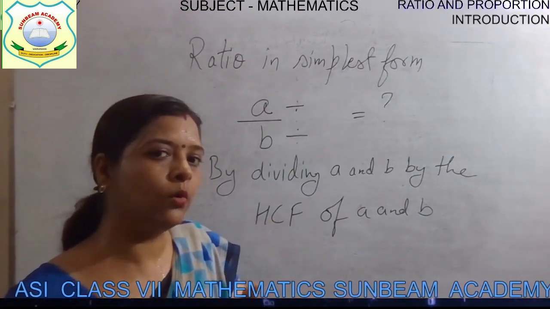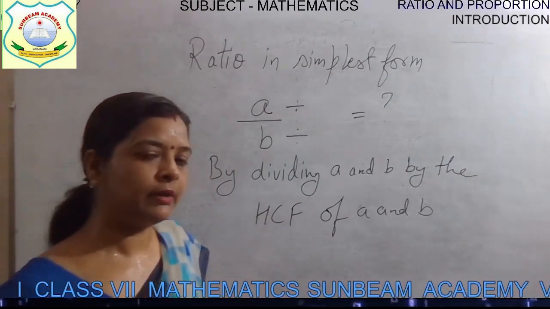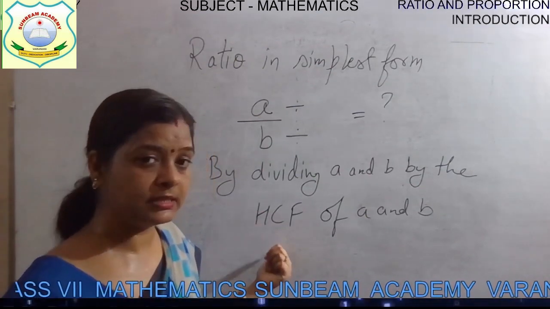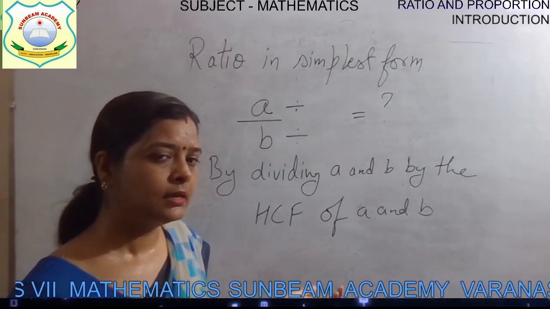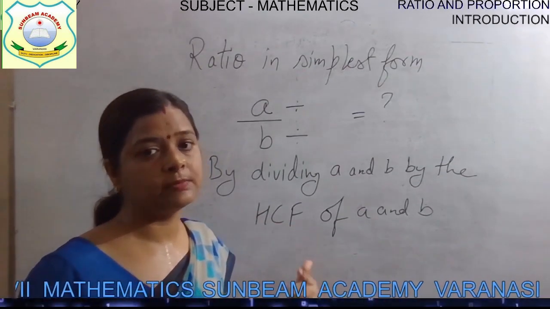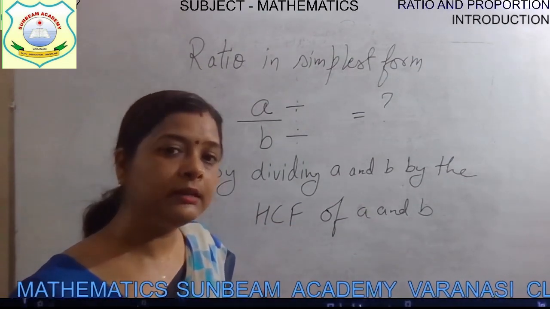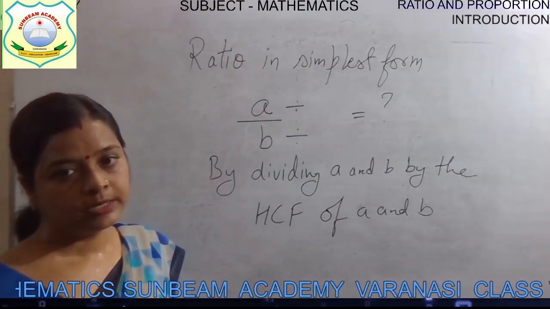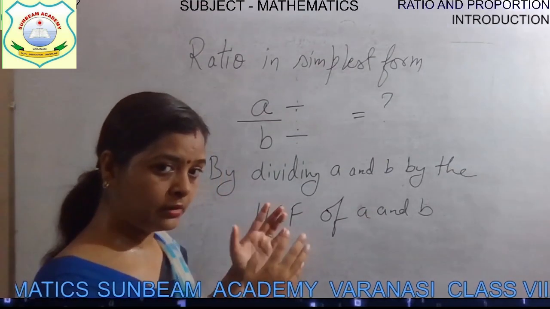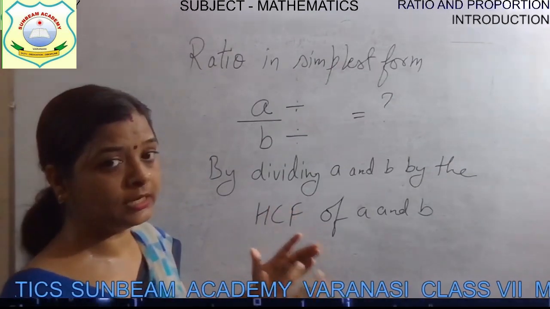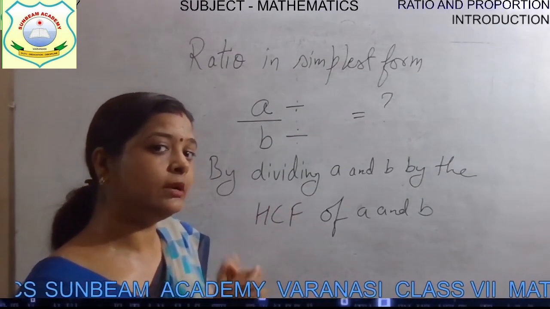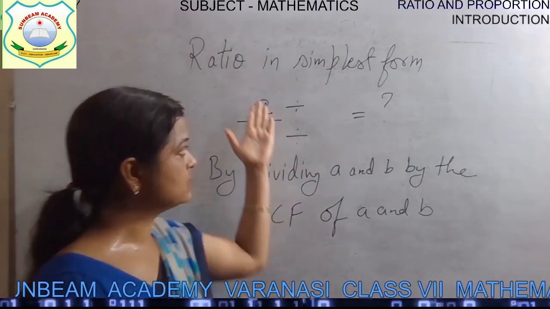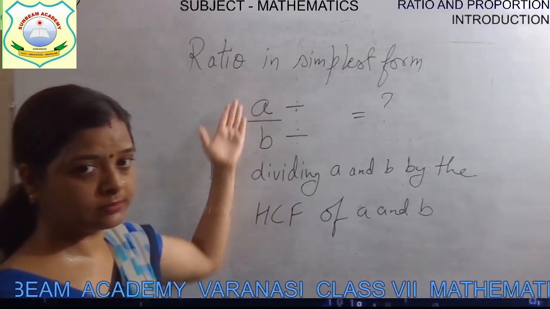So in one go, in one step you can find it. But if you are not dividing it by the HCF, then one by one you have to guess: let's divide it first by 2, then 3, and in this way you can achieve the simplest form. But if you want to attain your result in one go by dividing with only one number, which number will you take? You will take the HCF of these two numbers.